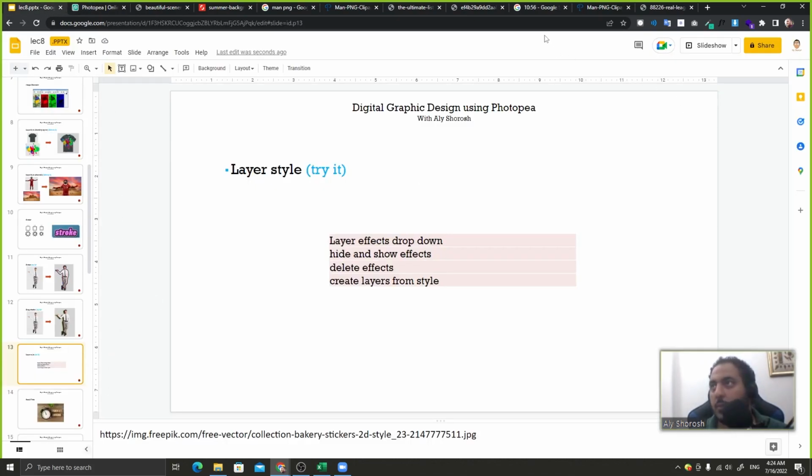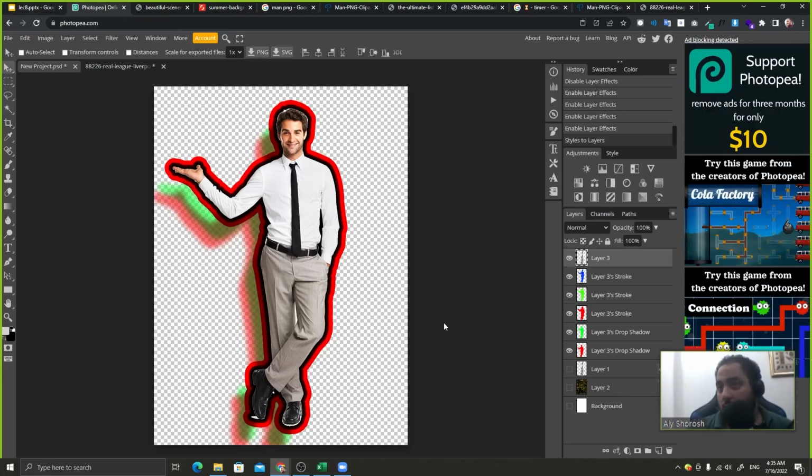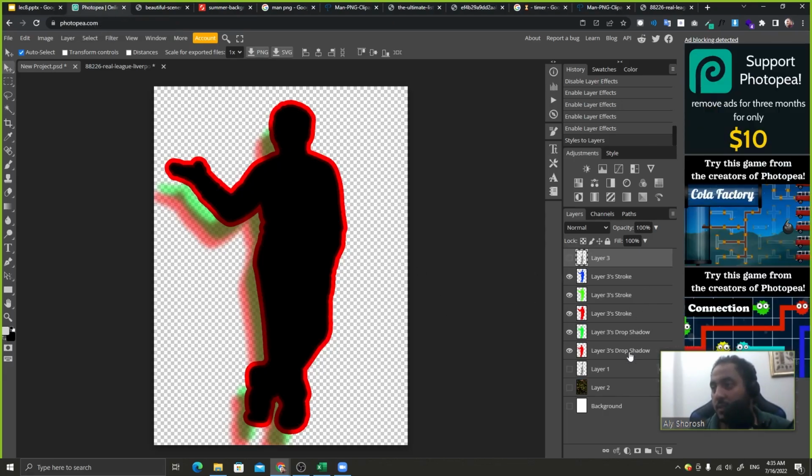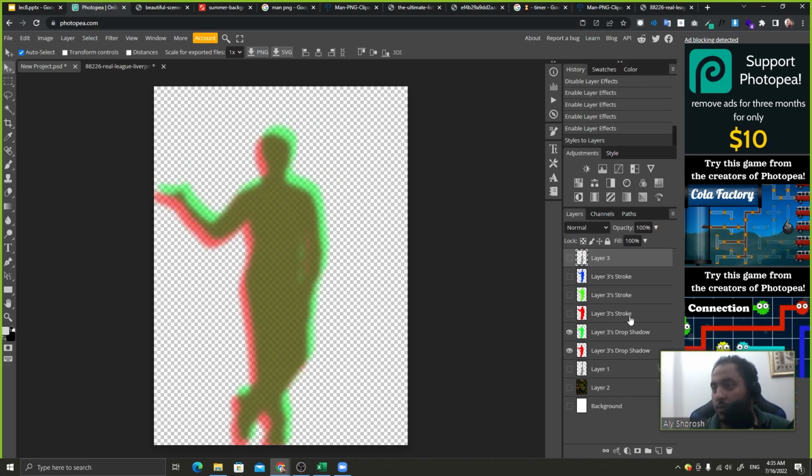So after a minute I will change this from the layer style to the break, and if you have any question you can ask me. We took the drop shadow. Let's copy, Control V, or let's remove all of this,